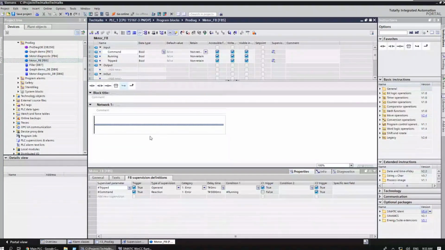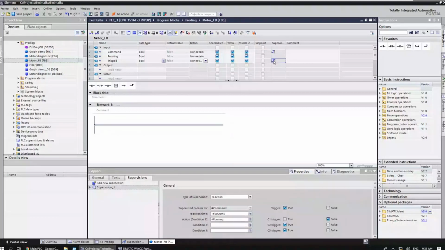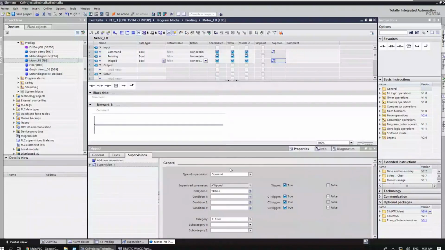If you notice, I haven't actually put any code into the function block that would control the motor, because all I'm trying to show you here is the alarms. So any of these inputs that have actually got alarms, ProDiag supervisions on them are marked up with this symbol here. If I first of all select the tripped signal, so this trip signal is what we call an operand